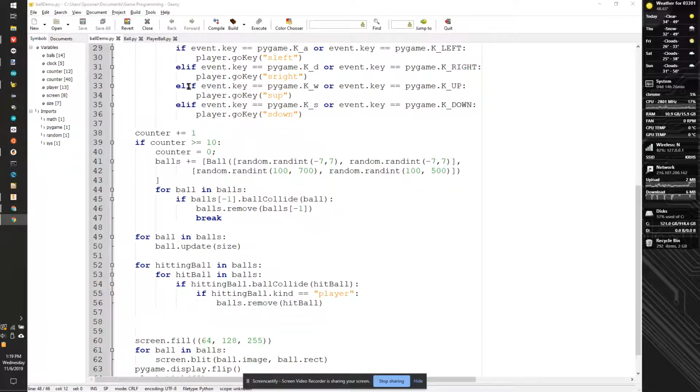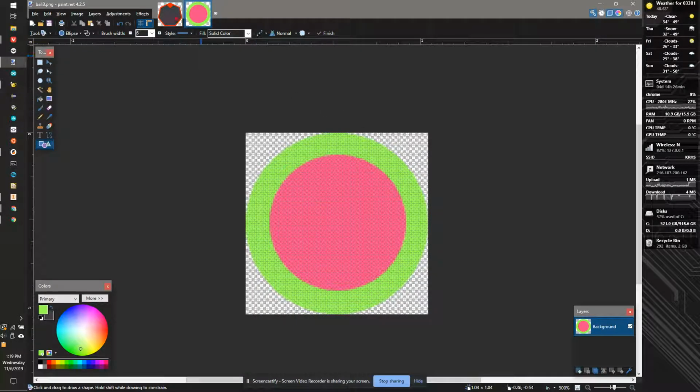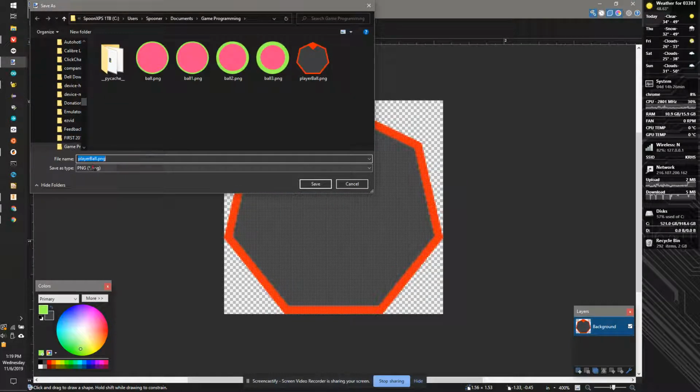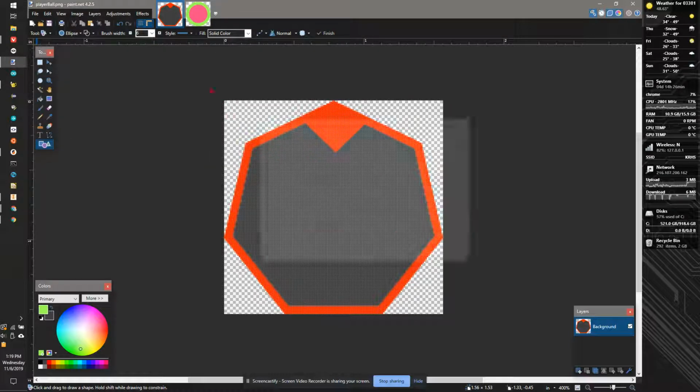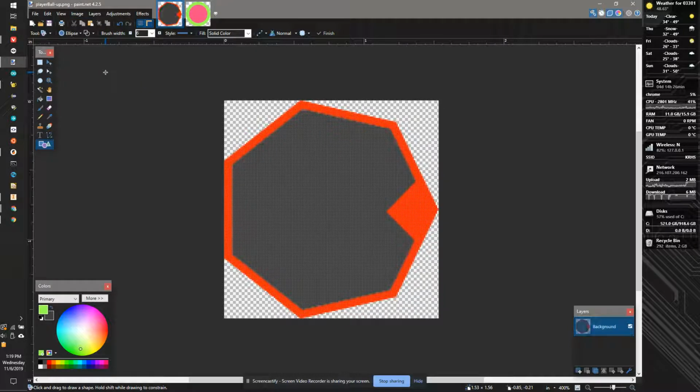So now that we have our ball animating, let's go and make the player a little more dynamic. So what we're going to do is take our image. We're going to save this as player ball dash up. We're going to hit OK. We're now going to go Image, Rotate 90 degrees, File, Save As,